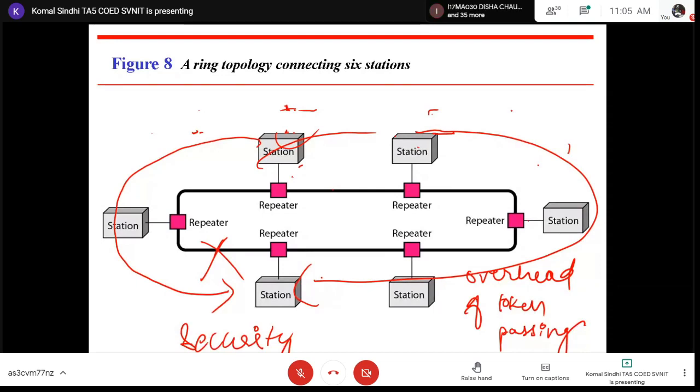So we cannot say that if one link fails, then the entire network shuts down. Some communication might not be possible, but 90% it is possible via other routes, and that can be considered as an advantage actually. Okay.